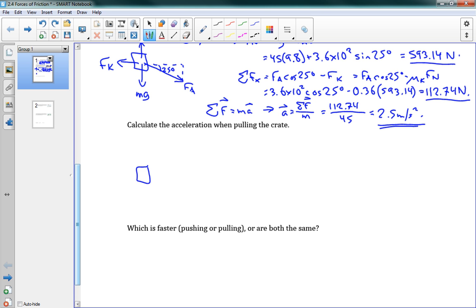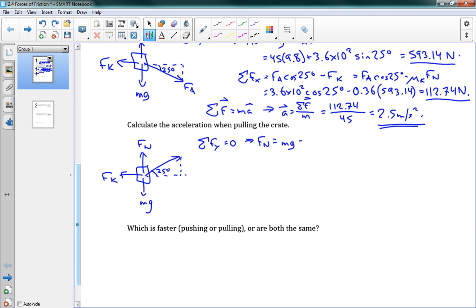Okay, we're going to do the exact same thing for the problem below. So I'll draw all my forces. mg hasn't changed. Fn is right here. Still have kinetic friction. And we have our action force now upwards at the same angle. Alright, and I can do the same thing here. So I can say that my normal force, again, I can say net y force is equal to 0, which means that Fn is equal to mg